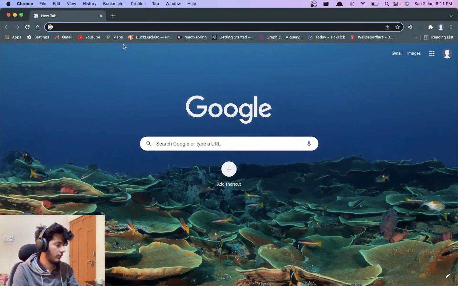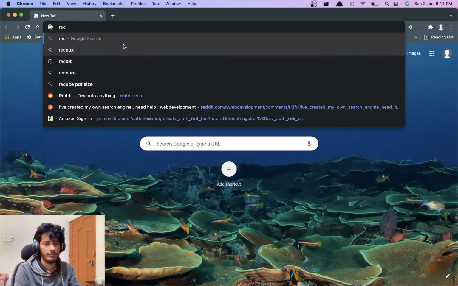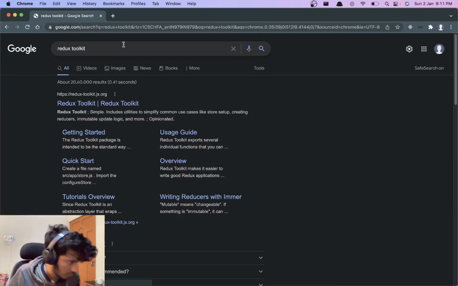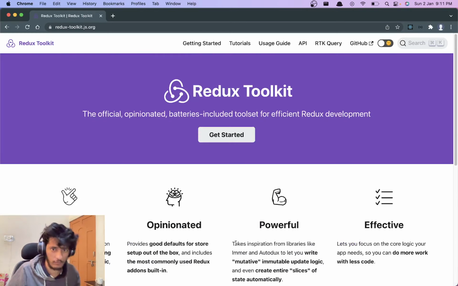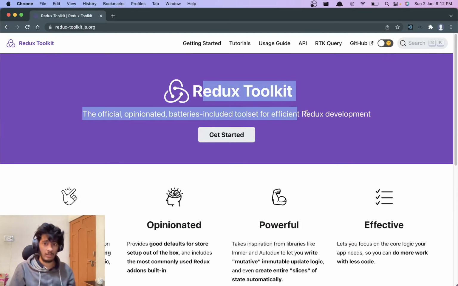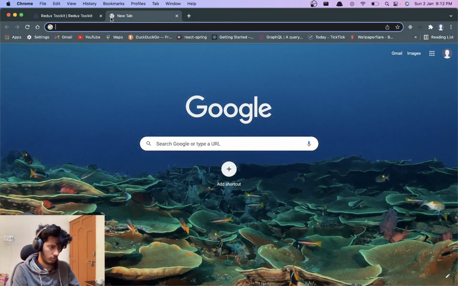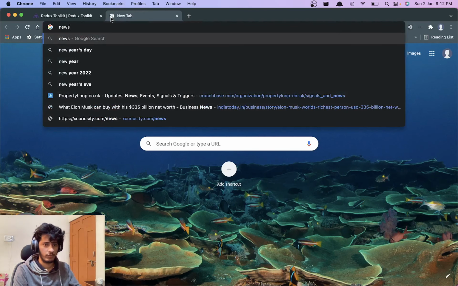The target today is to learn Redux Toolkit. More or less I know what Redux is and how it works, but I haven't tried using Redux Toolkit, which is this library. Today the target is to use this library and make something. But the question arises, make what? My plan is to use something called News API.